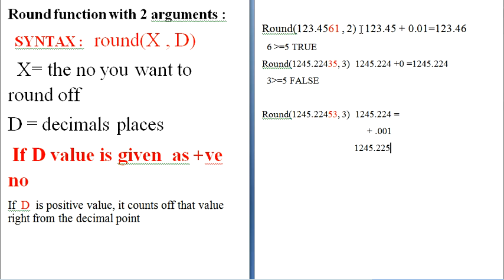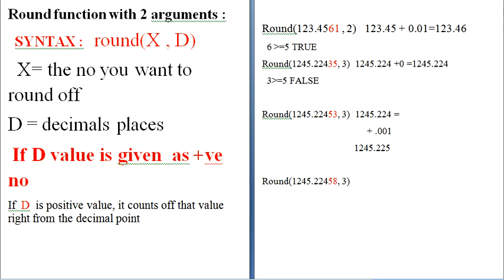The same thing is happening in this case also. How many digits we have to add depends totally on our second argument. Suppose this number is 4. Let us see an example.